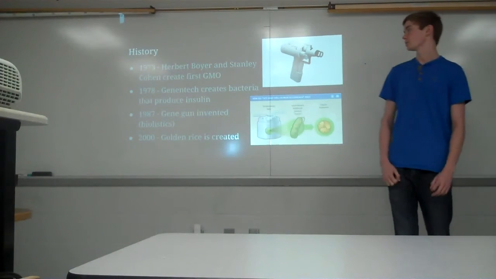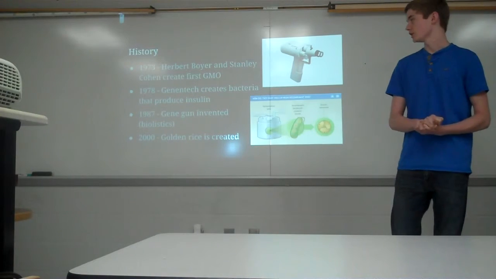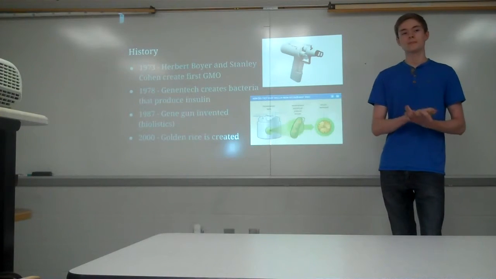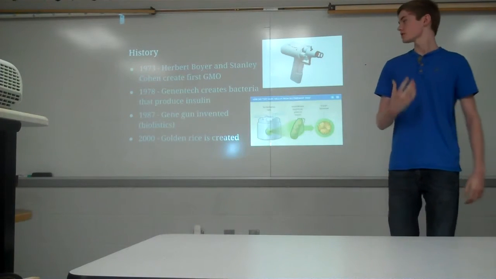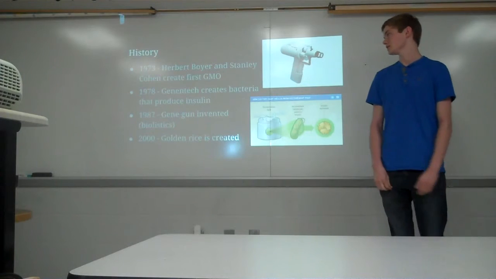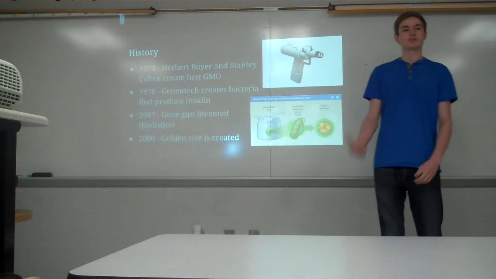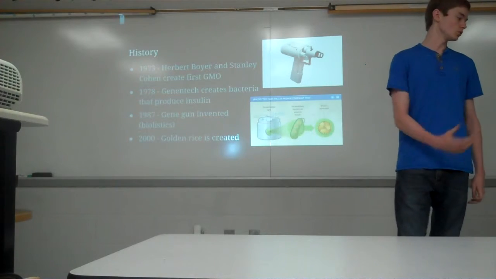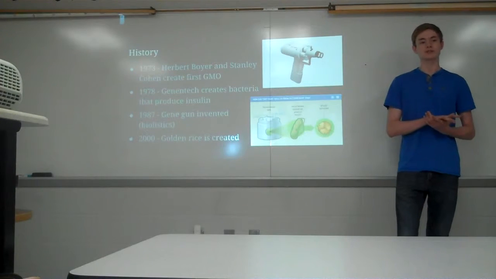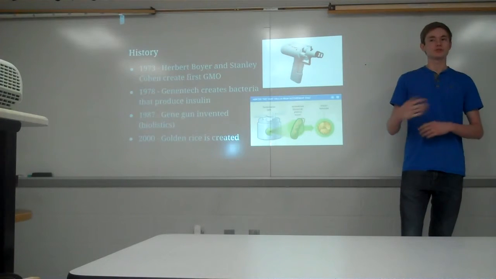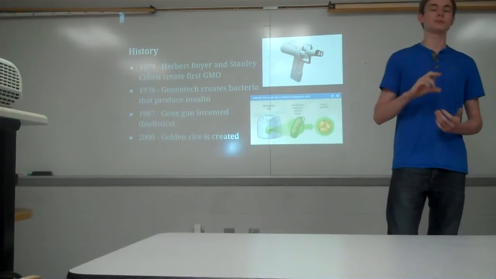In 1973, Herbert Boyer and Stanley Cohen create the first GMO by inserting an antibiotic resistance into a bacteria cell. And in 1978, Genentech creates a bacteria that can produce insulin. And obviously this is good for treating diabetes, because the old way of getting insulin was through squeezing pig pancreases. And it took about a ton of pig pancreases to get 8 ounces of purified